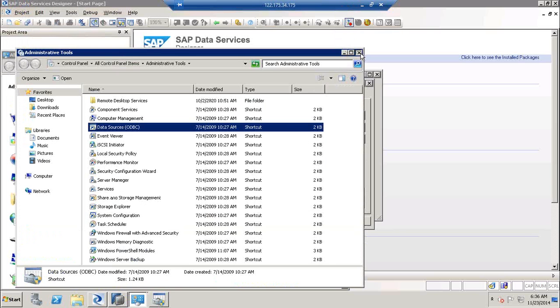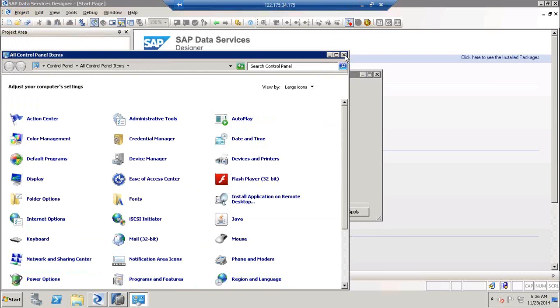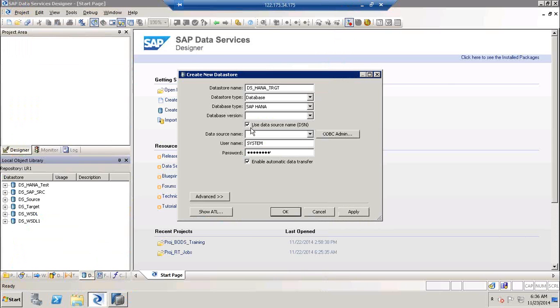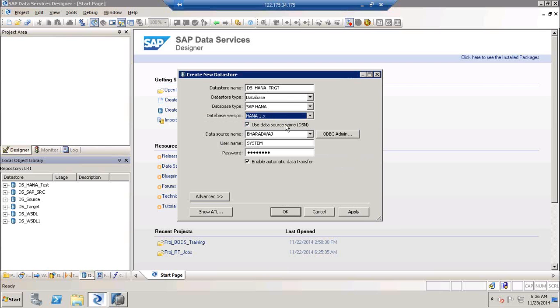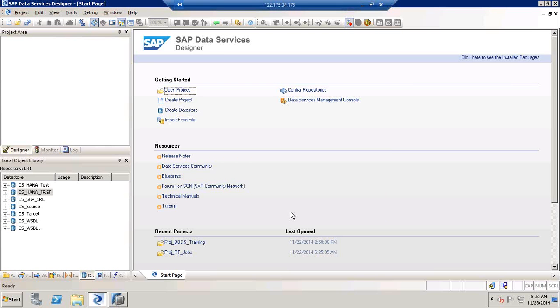So the next step is to go to your Data Services Designer, click on the checkbox use data source name, go to the drop down and select Bharadwaj here, the one that we have as the backend database name, and just click on apply. It says the Data Services version cannot be empty, so it is HANA 1.x. Just click on apply. You should not get any warnings. If you get any warnings, it means your system credentials are not correct. So I created a HANA data store, like we created the rest of the data stores. We created one. A slight difference is we created that with a